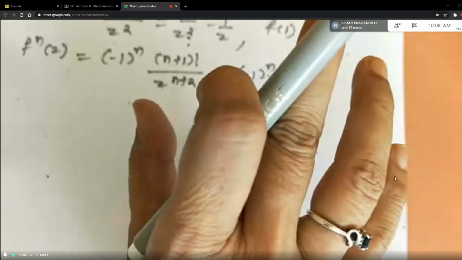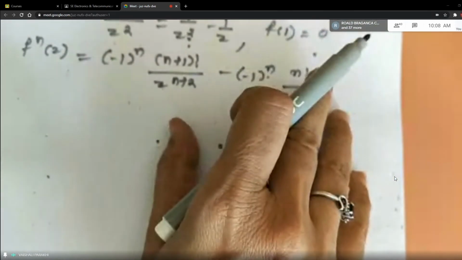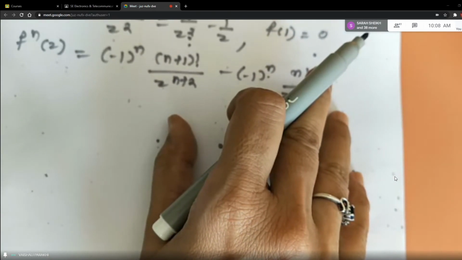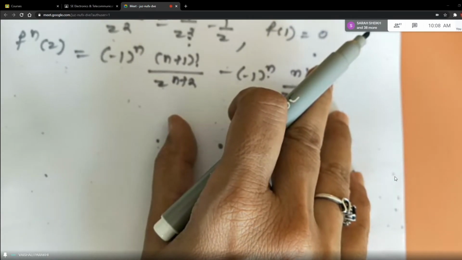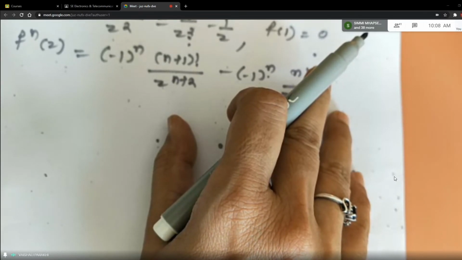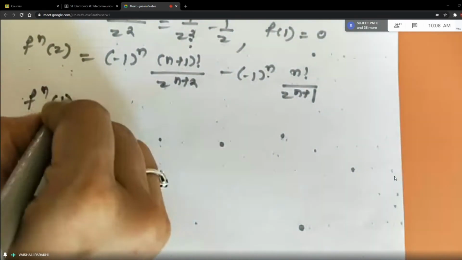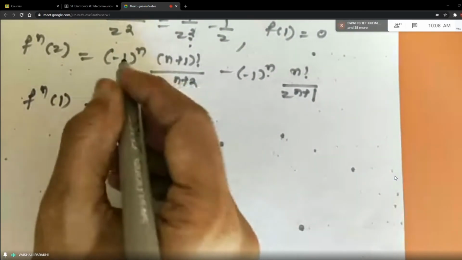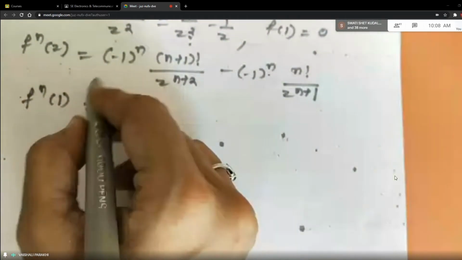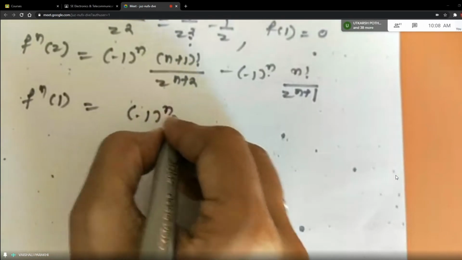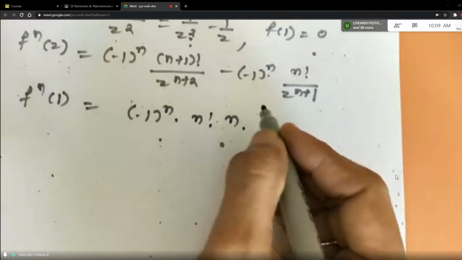So if you are not comfortable with this, I will tell you another method which will be simpler than this. In it you need not find out what is the nth term separately. But let me complete this first. So here what happens is, if you take the nth derivative when z is equal to 1, wherever there is z, I'm putting 1, and the simplified form of this is minus 1 raised to n into n factorial into n. After simplification, I get this.